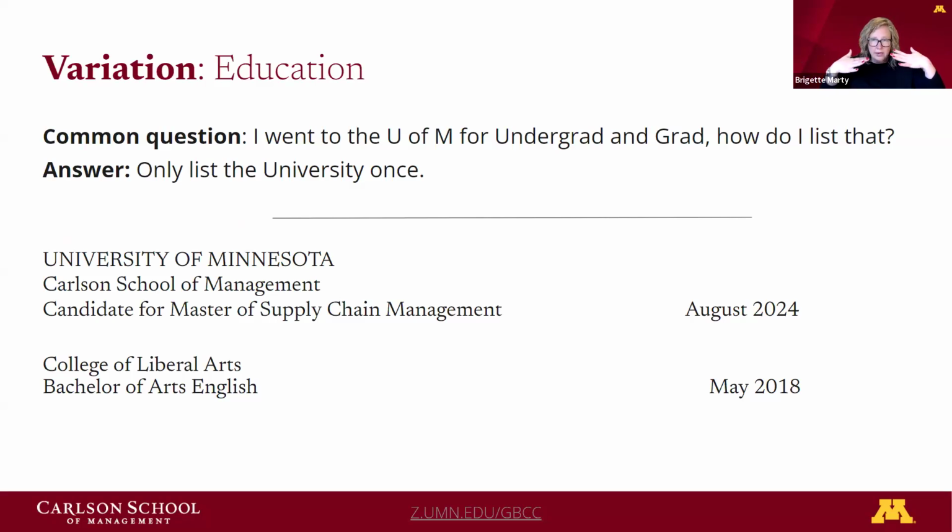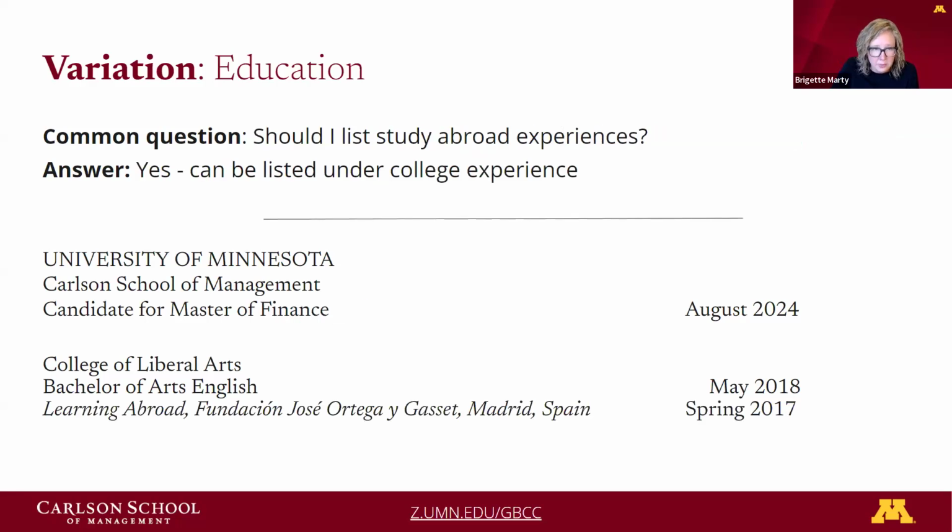So we just have a little kind of pause. Then College of Liberal Arts, Bachelor of Arts, and the degree name, and then off to the right is the graduation date. To the reader, it's all bucketed under the University of Minnesota, so very easy for them to understand. So that's a nice way for you to be able to maximize space.